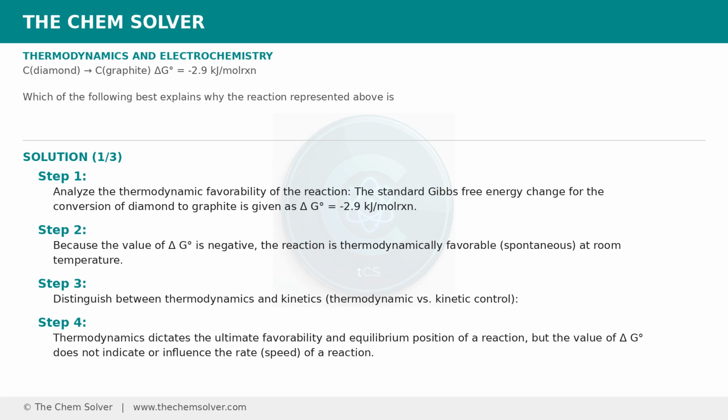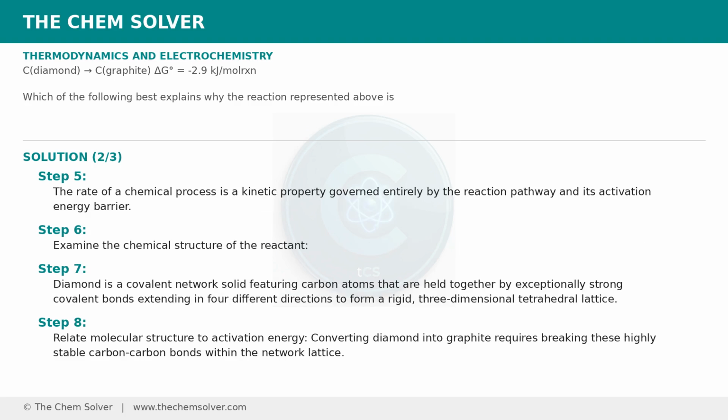Distinguish between thermodynamics and kinetics. Thermodynamic versus kinetic control. Thermodynamics dictates the ultimate favorability and equilibrium position of a reaction, but the value of ΔG° does not indicate or influence the rate, speed, of a reaction. The rate of a chemical process is a kinetic property governed entirely by the reaction pathway and its activation energy